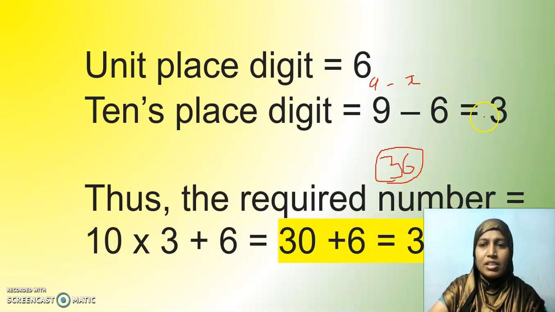Just multiplying: the tens place, I will multiply by 10 and the ones place, I will multiply by 1 and then I will add it. We will write in expanded form, short form. That logic has been written here. It's up to you. You can write or need not write.